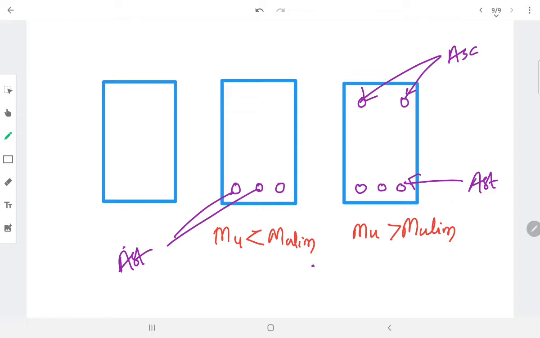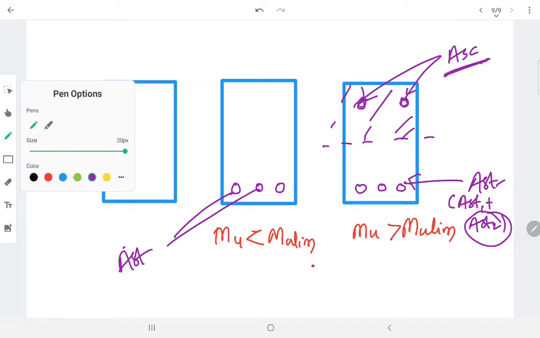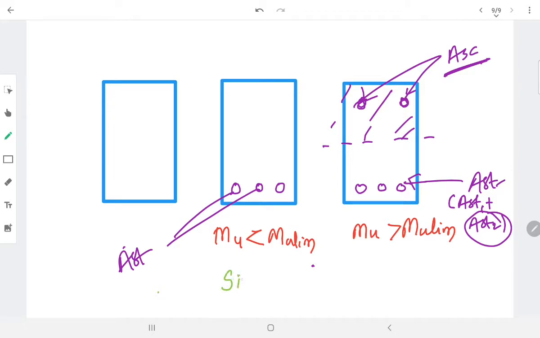the area of steel in compression and tension. In the doubly reinforced beam, Ast is nothing but Ast1 plus Ast2. Two types of tension reinforcement we will get. One is first to resist the moment, that is Ast1. Another reinforcement we will get at the top, Asc, that is compression reinforcement, to resist the compressive stresses. This is the compression fiber. Whatever compressive stresses are there will be resisted by the additional reinforcement, Asc. To balance that, I will be providing Ast2. If this case arises, we call it a singly reinforced beam: Mu less than Mu limit, singly. If Mu greater than Mu limit, it is doubly.